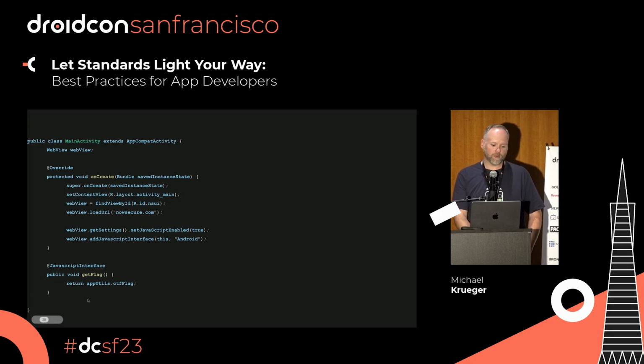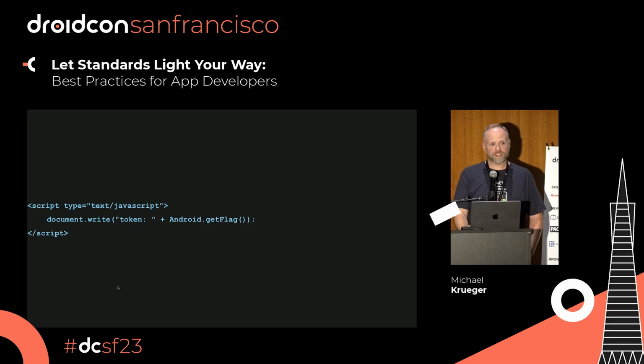Now this is a simple one. This is a capture the flag type app, and they're exposing the actual flag, the secret value that you're trying to get. So with this small little bit of code, if I could get your app to navigate to my malicious website, I could capture whatever token or flag that you have stored in your application. This is exactly how attackers get session tokens, cookies off of your device.